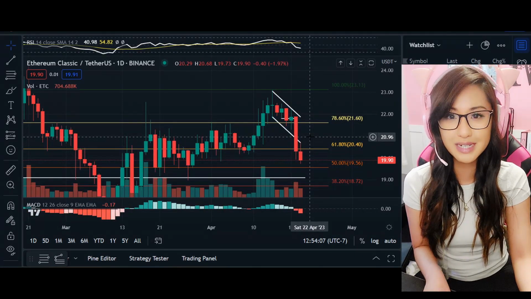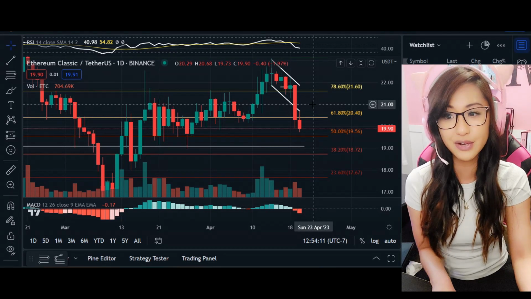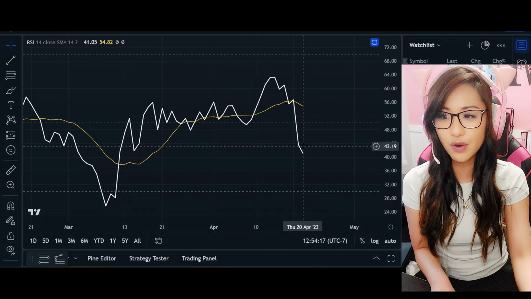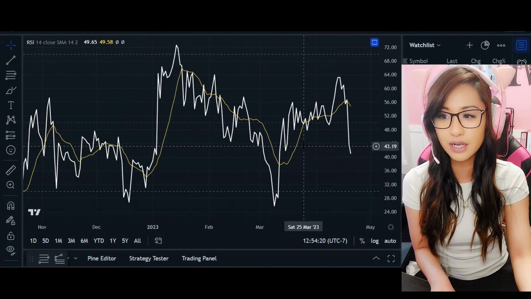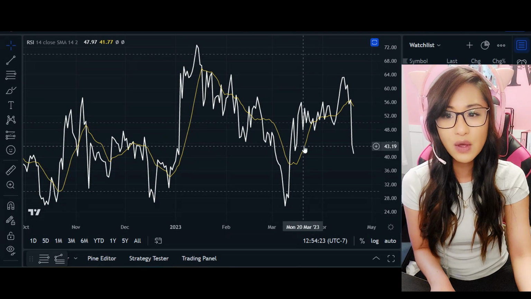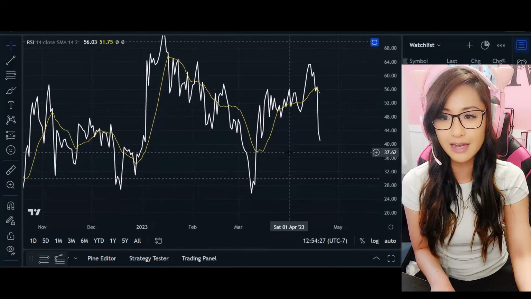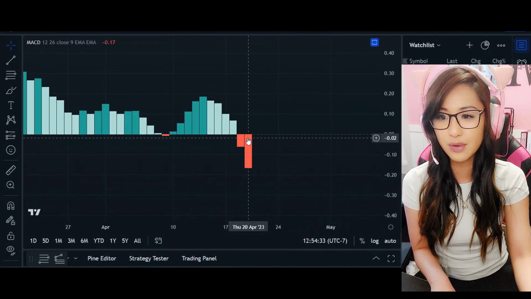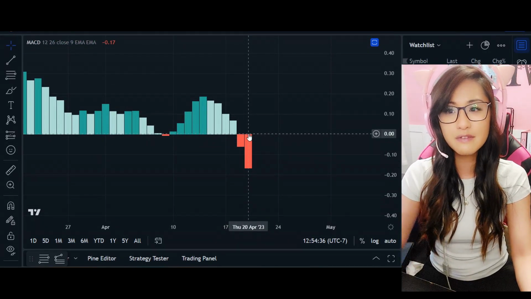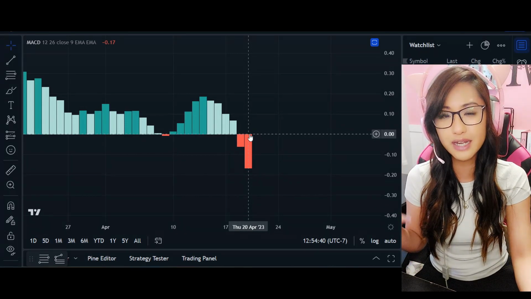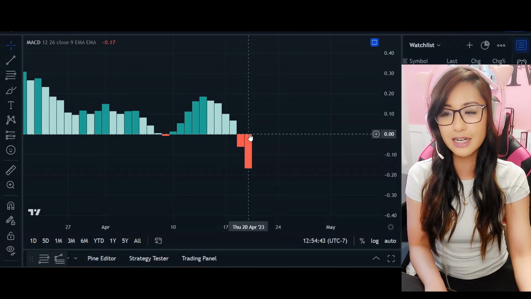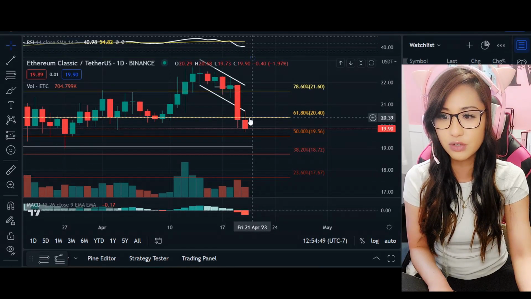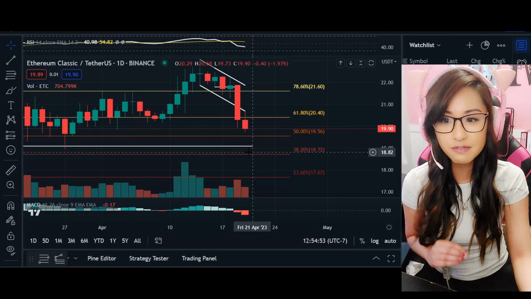So what we are going to anticipate here for Ethereum Classic is coming down to an area of support and retesting that support. Quickly taking a look at our RSI here, we are at 41%. If I scroll out here, we don't really see immediate support at 41% with the correlation of our MACD indicator, and we do see the MACD indicator, which measures momentum, is in its first wave below zero. So we can see the strength of that momentum favoring that bear marketplace, especially breaking through that trend line significantly here. So we are at negative 0.17% of this indicator itself, and we're gradually going to be pulling down to our next fib retracement here at the